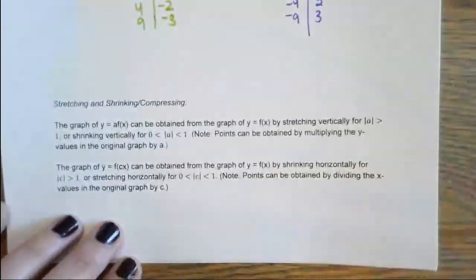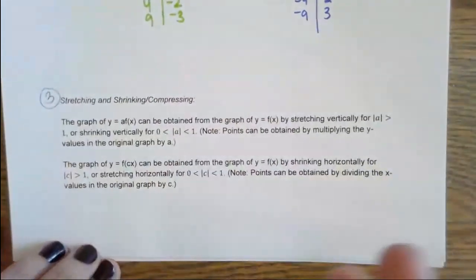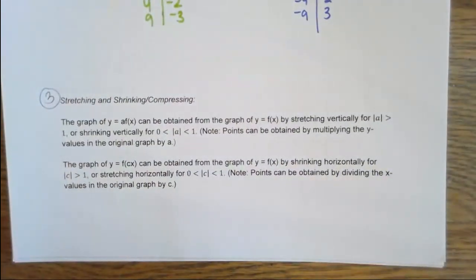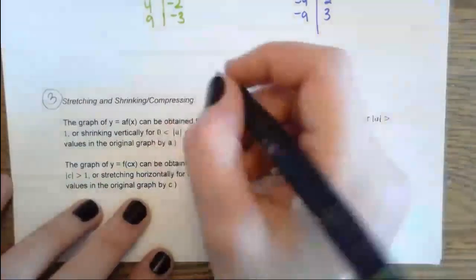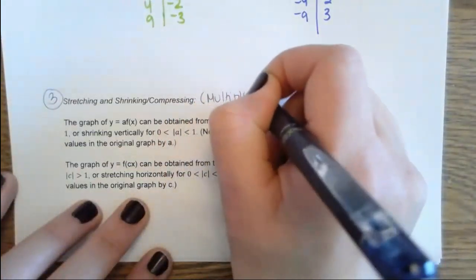The last type of transformation we're going to look at is a shrink or a compression. And this one I think is the hardest one because it's usually using a multiplier. So the other ones you can do a bit more visually. This one I usually like to write a table out for. So you see these when you have some sort of multiplication